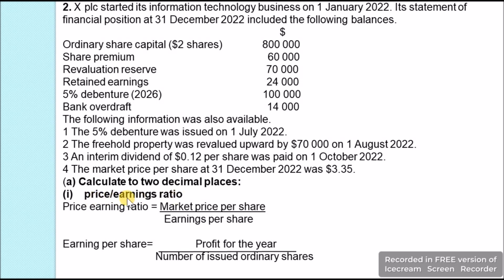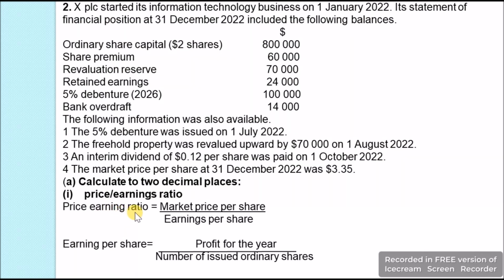As the name itself indicates, we can get the formula from here. Price is the market price per share and earning is the dividend earning which each shareholder receives per share. So that is earning per share. Whenever we have a ratio, it is usually asked to derive what we get the information from this ratio. Hence the easiest way of doing it is with the help of the formula,